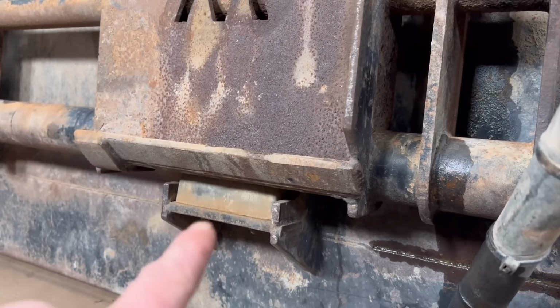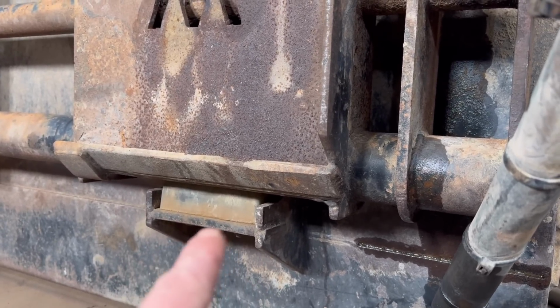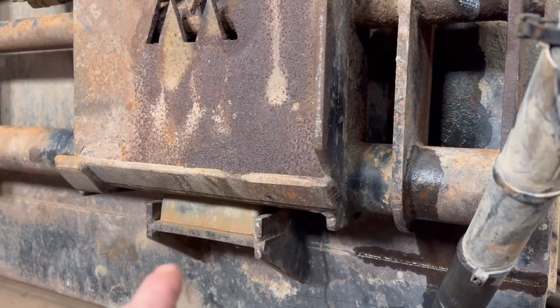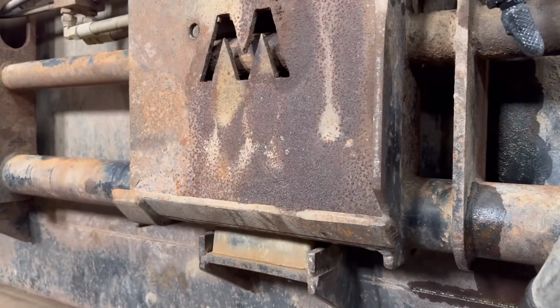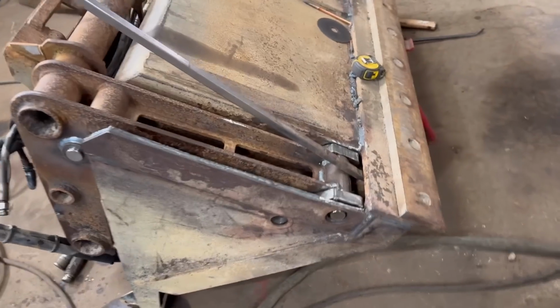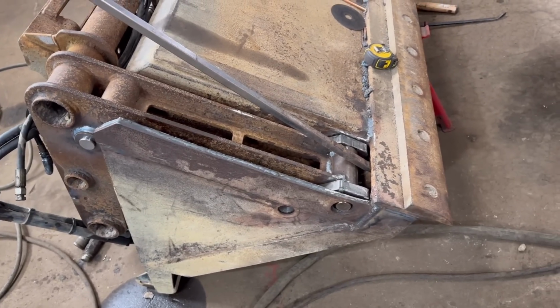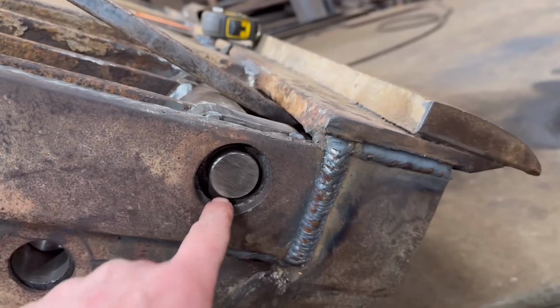Now onto some rubber bump stops, so it's not as if it's pulling metal against metal when it's fully closed or fully down. But that's how it was originally, obviously, so that's how it's going to have to be again. So that just wants prising down a little bit, and then I'll tack that in, tack that one in,